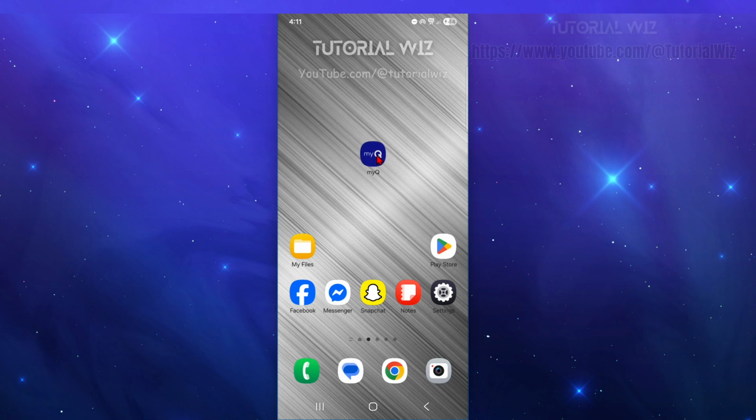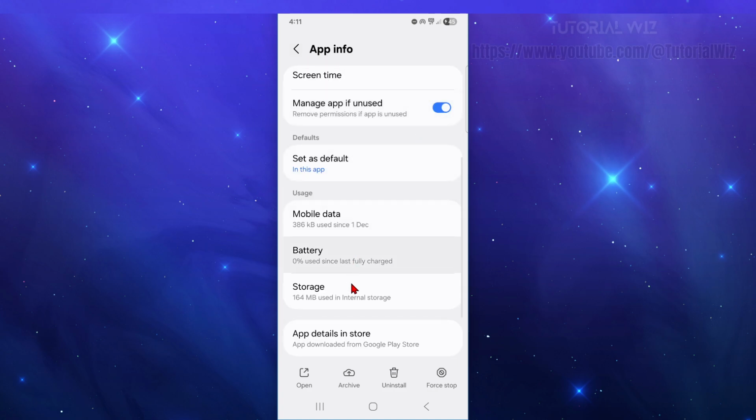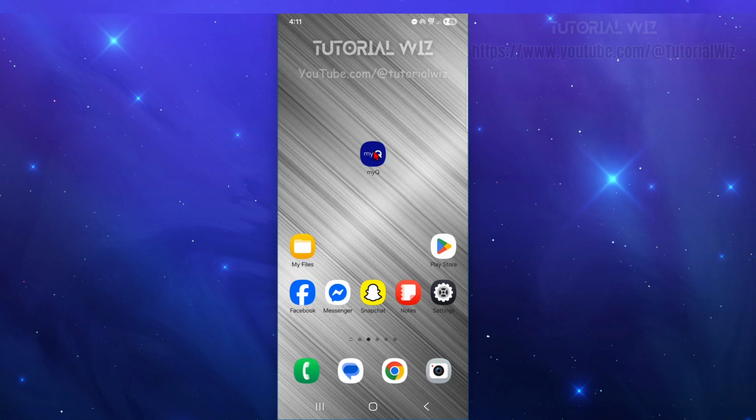Now the next fix here is to clear the app cache. To do this, click and hold down MyQ, click onto I, and that's going to bring up app info. From here, scroll down, click on the storage and clear cache. Now if you're an iPhone user, you can go ahead and just uninstall the app and then re-download it from